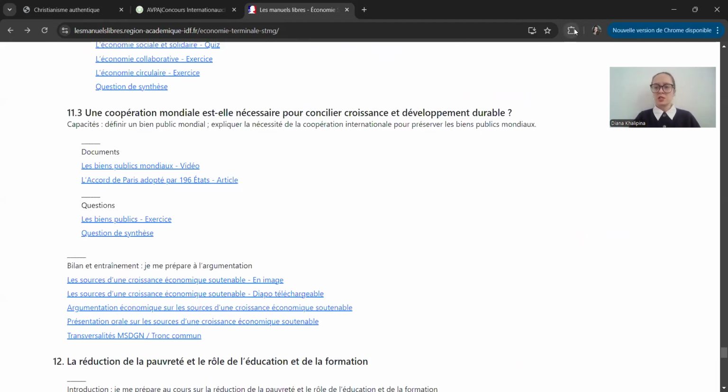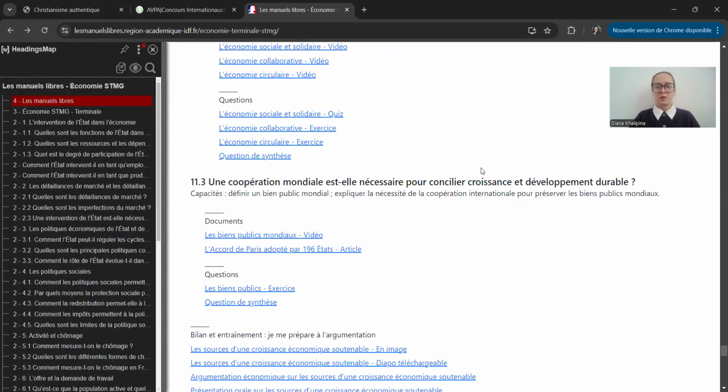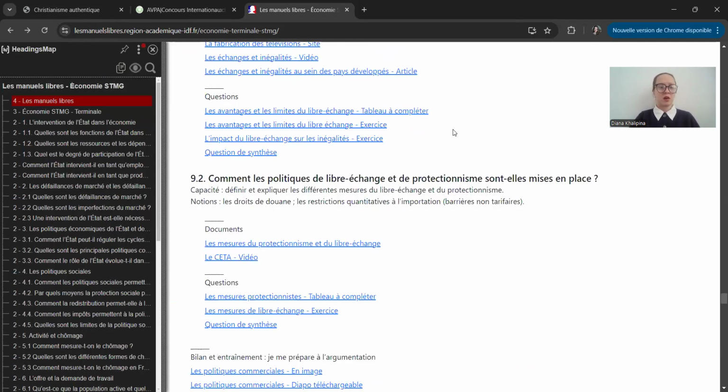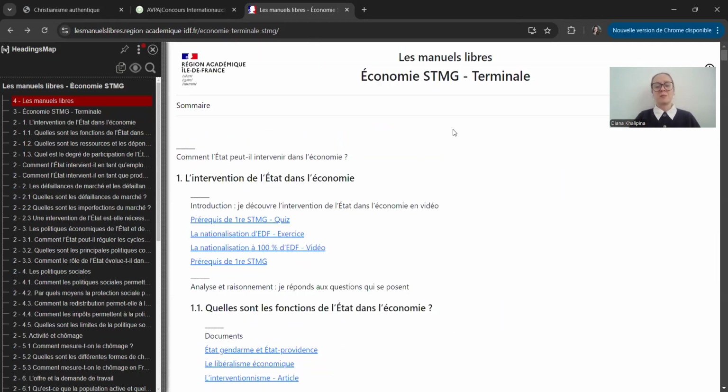We can see, let's check the structure of this, the headings map. So yeah, there is a problem. They don't even have an H1 level. H1 is the main title of the site. That's how search engines analyze your site and understand what the page is about, literally. So it's like the title of the book. If there is no title of the book, we cannot buy the book, because we don't understand what it is